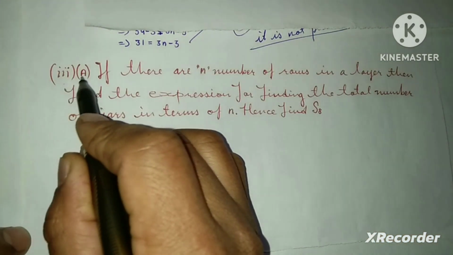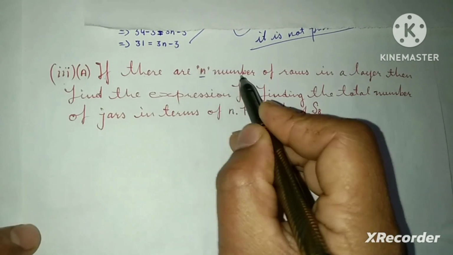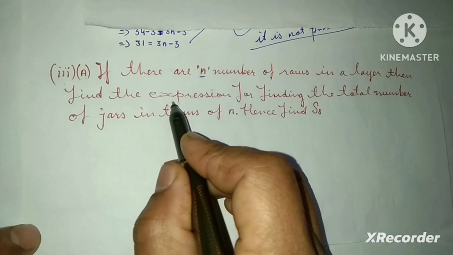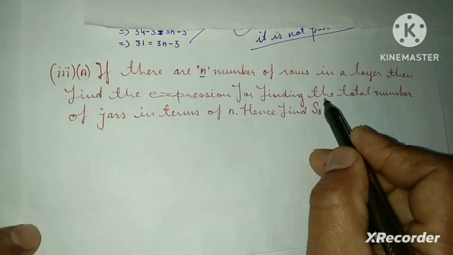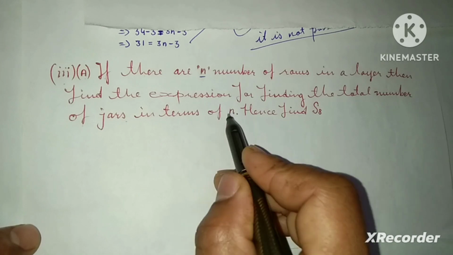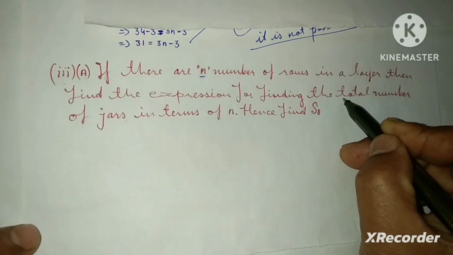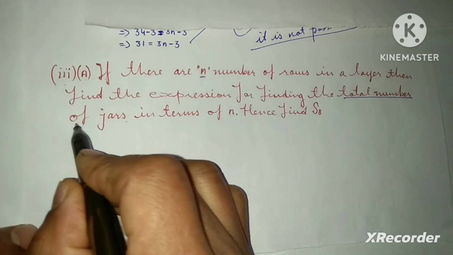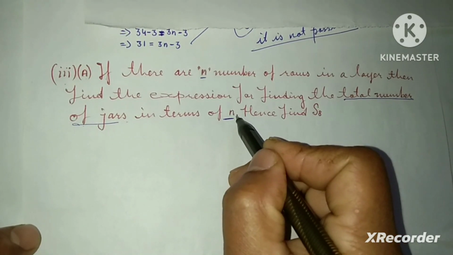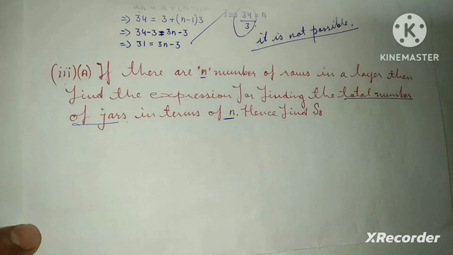Now question number 3 A. If there are n number of rows in a layer, then find the expression for finding the total number of jars in terms of n. Here we have to make an expression to find the total number of jars in terms of n, not an exact number, right? According to the situation given above, we know that